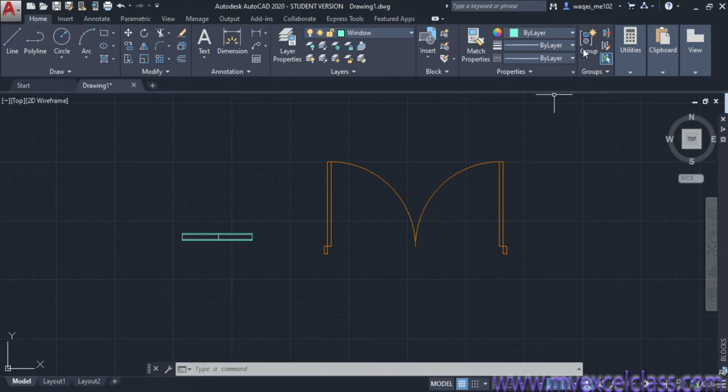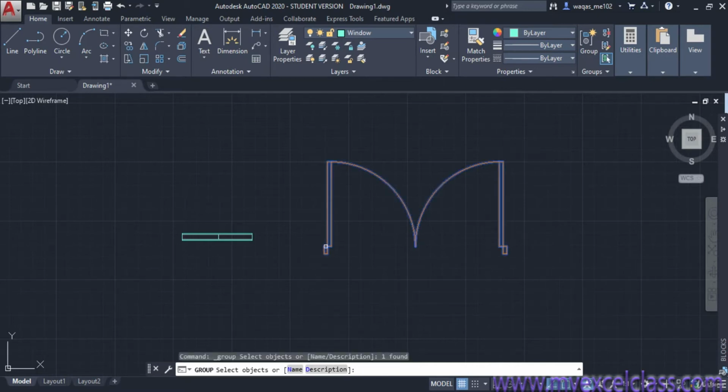First, let me click here on the group, and now on the command bar something is being asked: select object, name or description. It means you can either write a name here or write a description, but let me select the object.